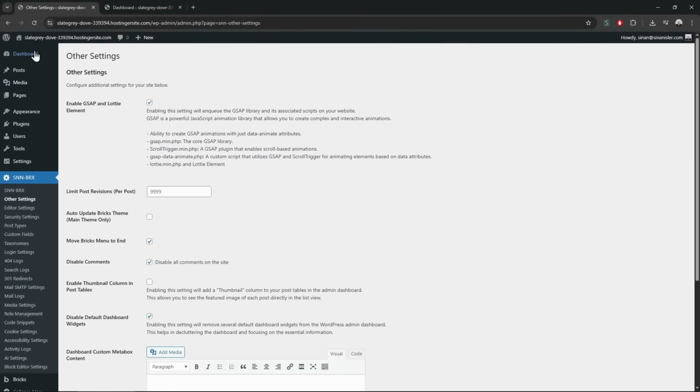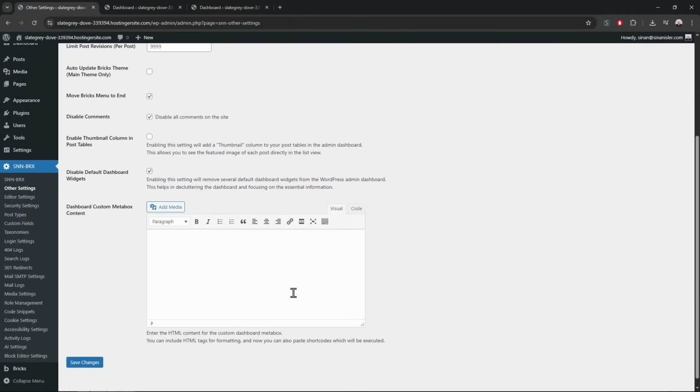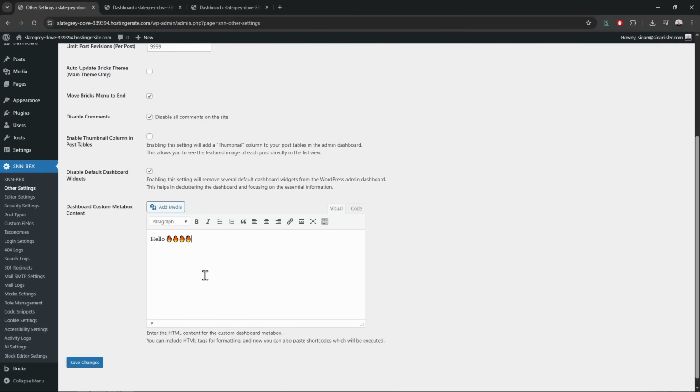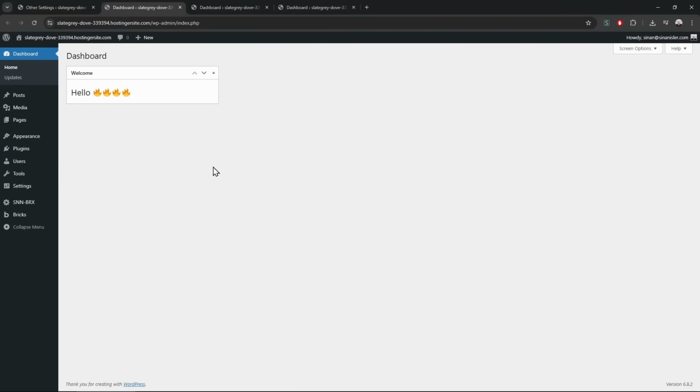Boom. The good thing is you can add a custom widget like that. Hello. And add emojis. Boom. Why not? Let's make it bigger too. Good. And let's refresh, boom. See, you can add this. I usually use this especially for clients, I add important links. So let's say they have multiple